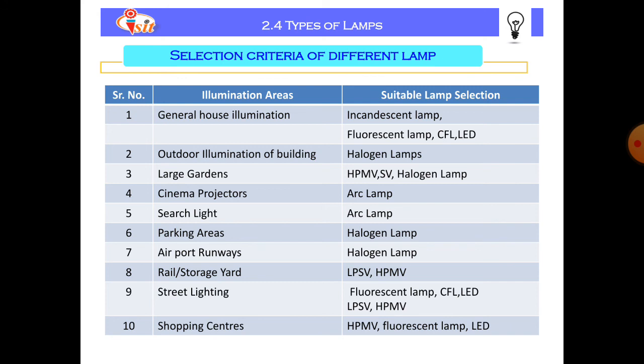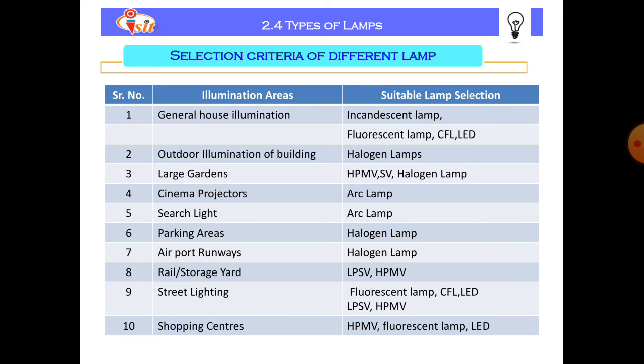The second one is outdoor illumination of buildings. For outdoor illumination we can select halogen lamp. The next one, for a large garden, we can select high pressure mercury vapor lamp, sodium vapor lamp, halogen lamp, etc. Then the next one is cinema projectors.